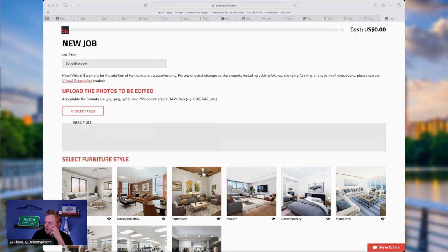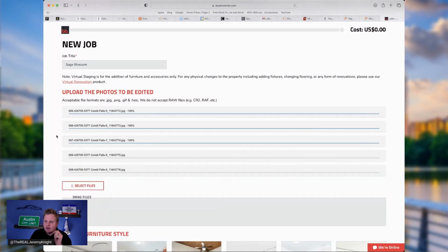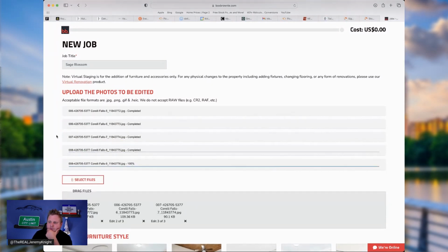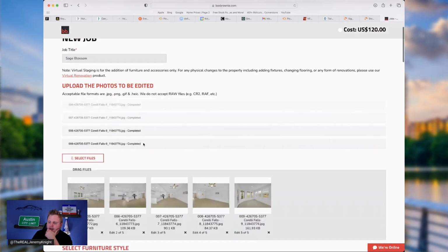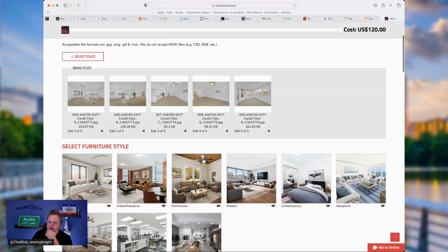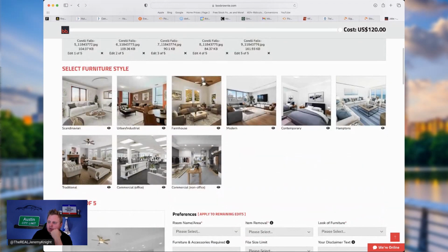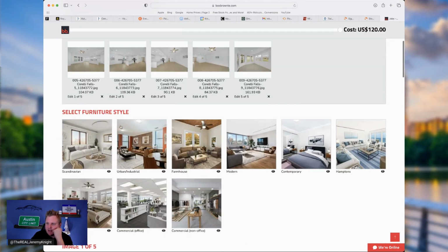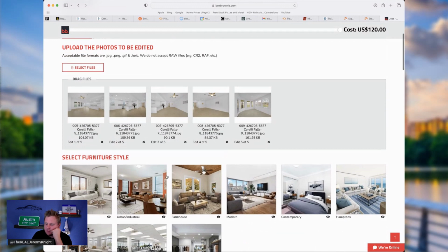Okay. So I'm going to click on each one of the ones that I want to do. I'm going to bring them over here, slide them in. And now these are each one of the photos that we want to edit or have staged. So if you look on here, there's 1, 2, 3, 4, 5. So right here's where we get to pick. So now that you've seen that all of them are there and those are the ones you want, then you're